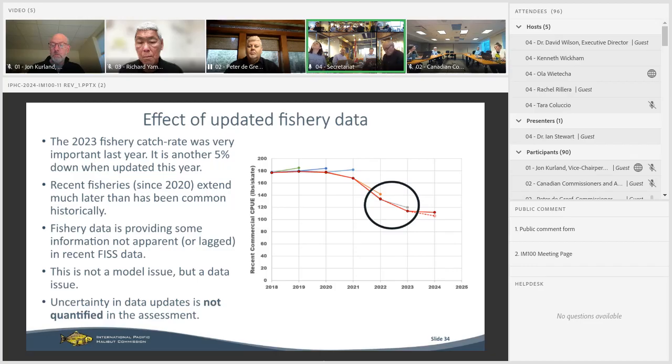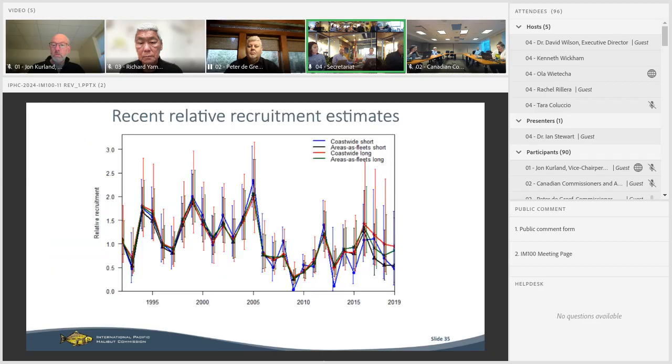So I've drawn that dashed line out to the 2024 point, showing you what the fishery CPUE at the coastwide level might look like next year, but we don't know. And because we don't know what it looks like yet, this is not actually included in this year's stock assessment results. I will, however, when I come back after the next presentation this afternoon, show one alternative projection that we ran to see what the effect of using a lower CPUE right now might be on our assessment projections for next year.